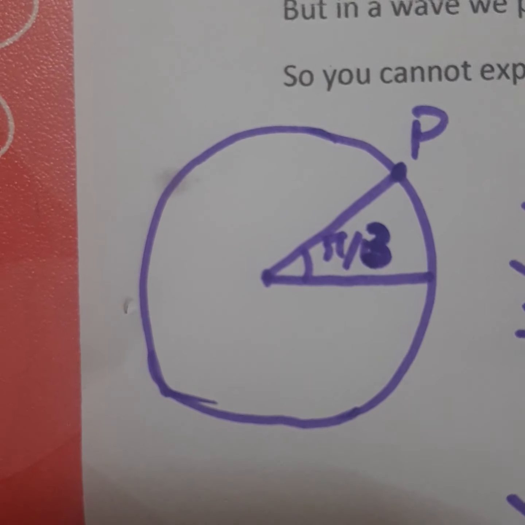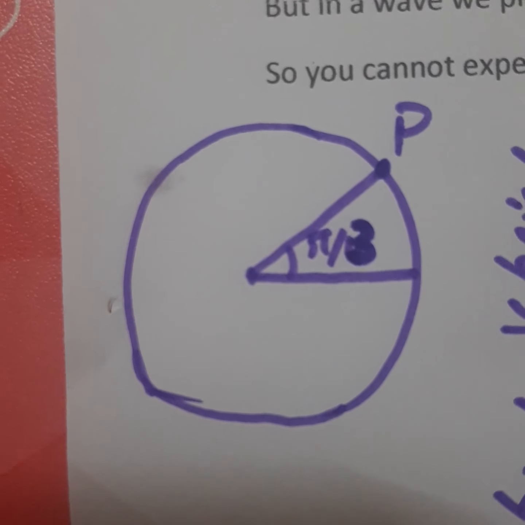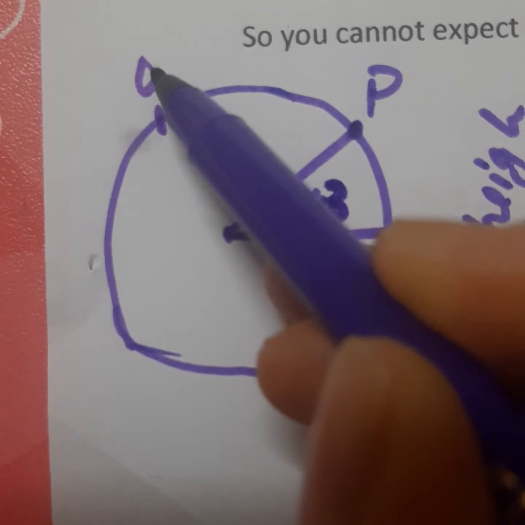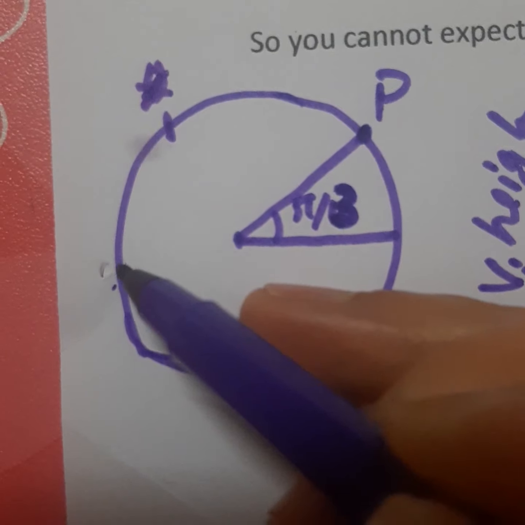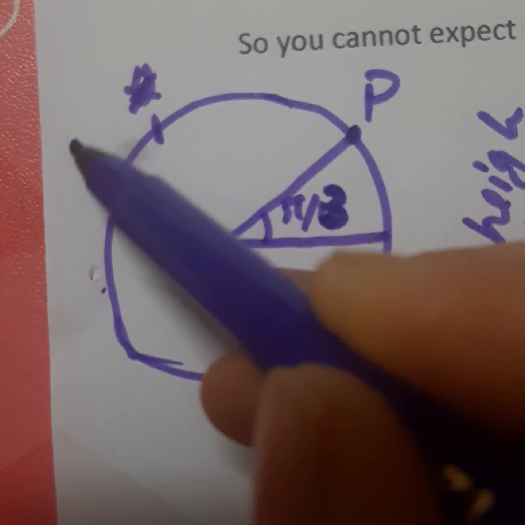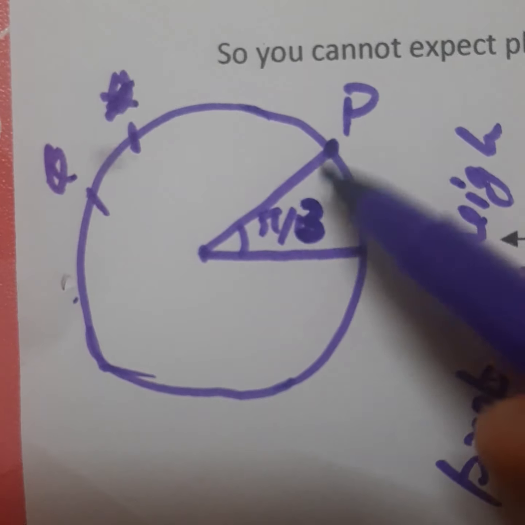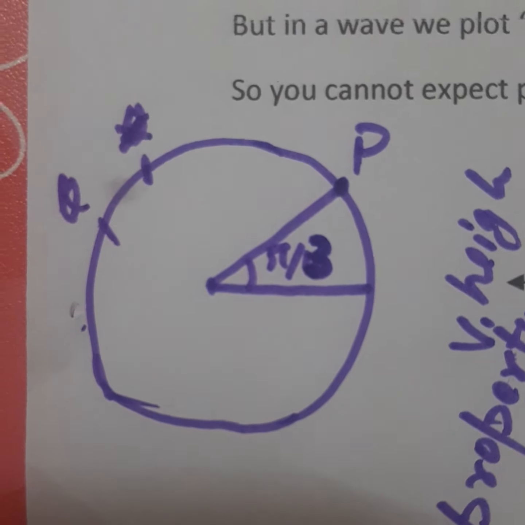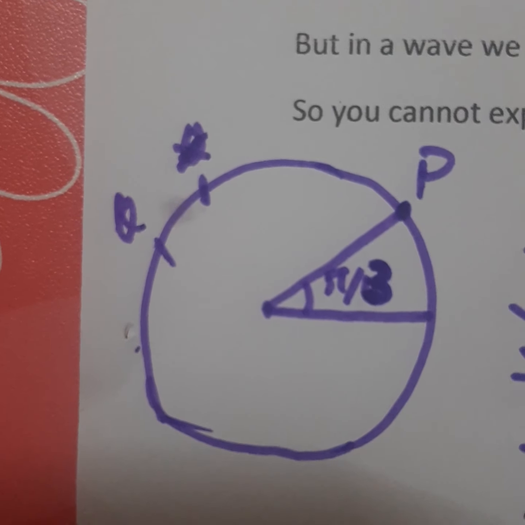Next, I would like to discuss that any point on a wave can be represented in two different ways. This P and this Q. So these two points differ in their vertical height properties and their horizontal properties also. In fact, every 2 points differ like that. Every point differs like that.